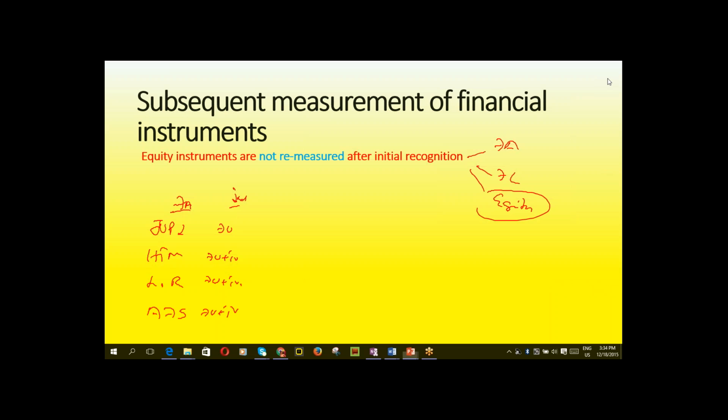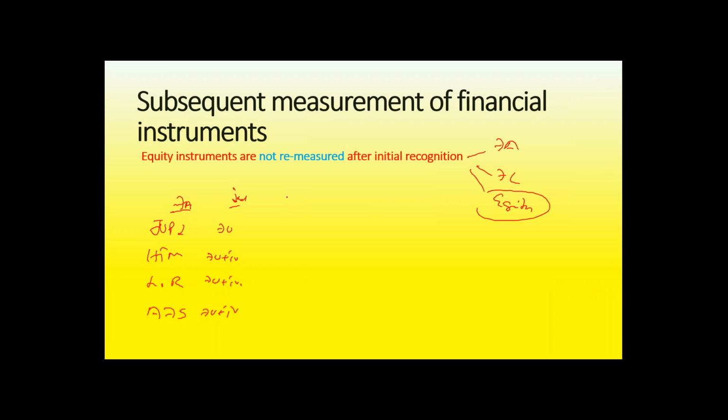So that's how it will be measured all the time. Initially it is fair value to profit or loss, only the fair value. In the other three, it is fair value plus transaction cost. Now, when it comes to the subsequent measurement,